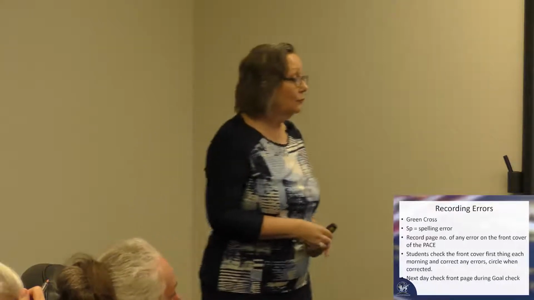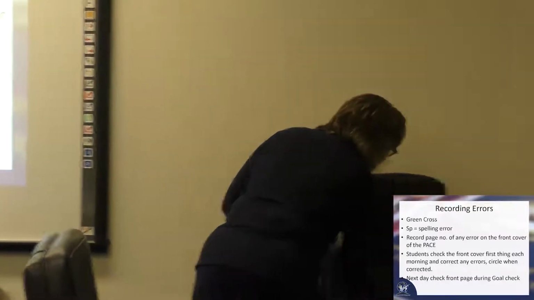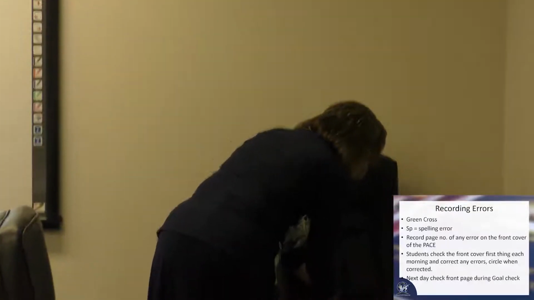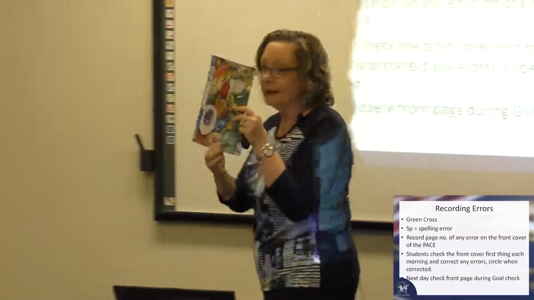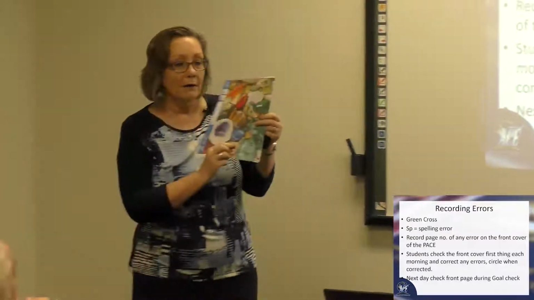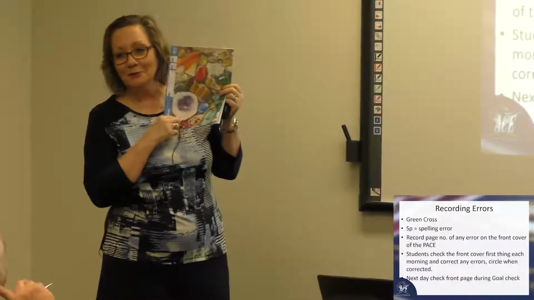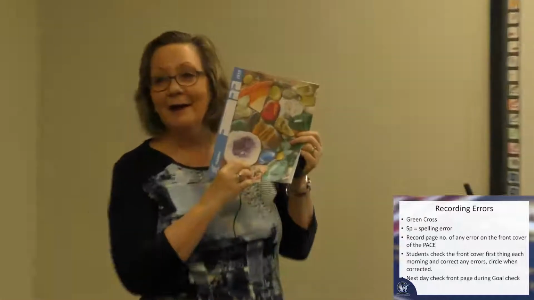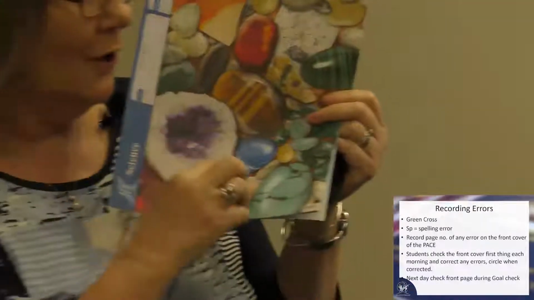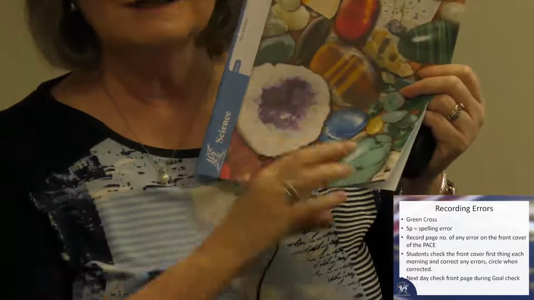And then what you do, I'm going to walk across here, sorry, is on the front of the pace, in green pen, or my monitor actually used to use a purple pen, so we knew what the monitor had written and what the supervisor had written. But you can do as you like. But in the monitor's pen colour,